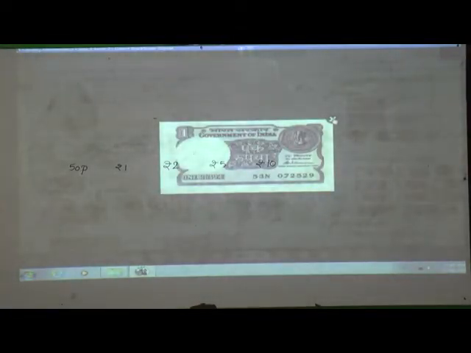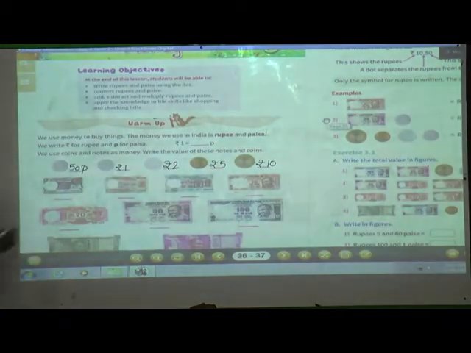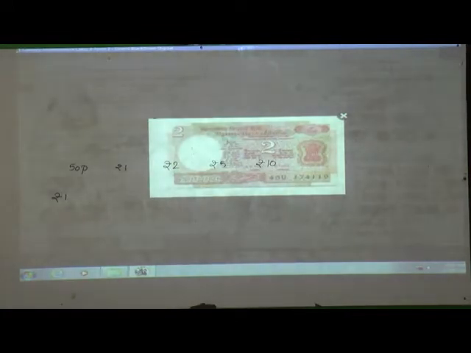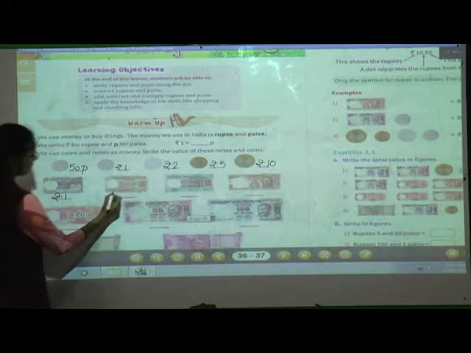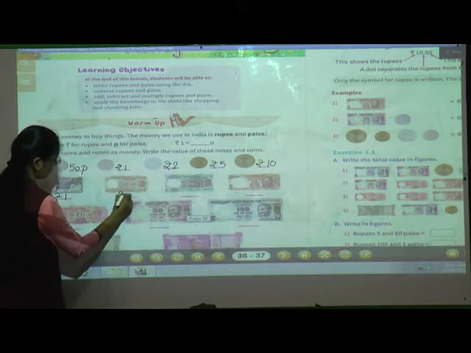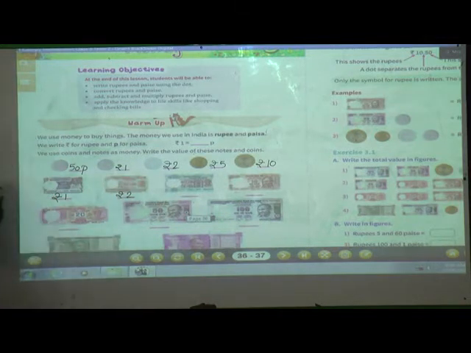See, many years ago we were using this note. Nowadays we are not using this note. It was a note of 1 rupee. Okay, so here we will write rupee 1. Again in the same way, this was a note of 2 rupees. Nowadays we are not using this currency, 1 rupee note, 2 rupee note and 5 rupee note. Okay, but a few years before we were using this type of notes.